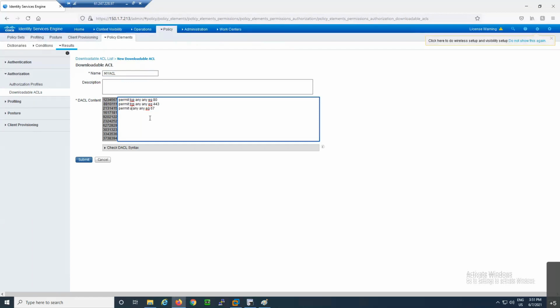Okay. And in real time, to provide internet access, you can also use DNS. Okay, so it will be 53. If you want to permit ICMP, then also you can permit it.